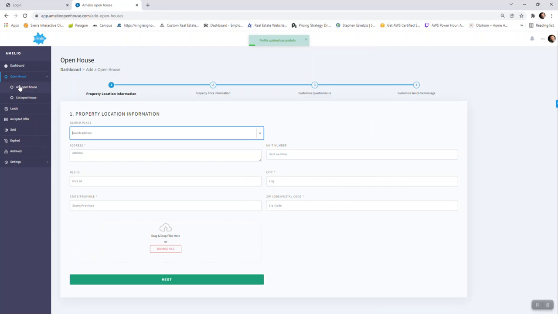Now, to add a new open house, you just go here and we have what we call easy lookup. So I'm just going to put a random address here. And then, this is kind of the address that I'm looking for. If you have a condo, then you put the condo number. And this is for your own personal information. If you want, you put the MLS ID and